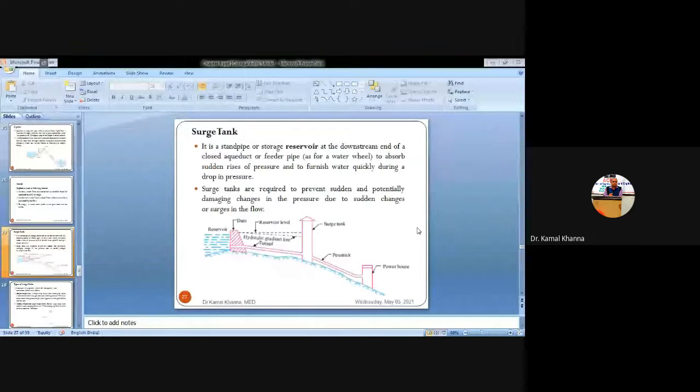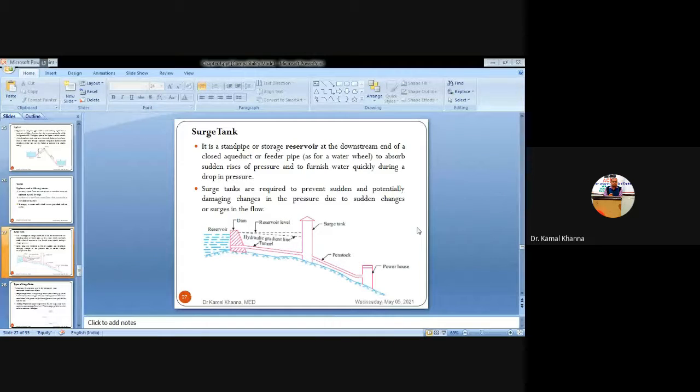तो हमने क्या किया है, यहाँ से पहले जब हमने वाटर को ट्रांसपोर्ट किया है फ्रॉम द रेजरवायर टू द टनल टू द सर्ज टैंक, तो सर्ज टैंक पे क्या हो रहा है, जितना भी हमारा मोमेंटम है, यहाँ पे आके हमारा वो डाई आउट हो रहा है और हम उसको प्रिवेंट कर रहे हैं to sudden rise in the pressure. And as soon as we are preventing the sudden rise in the pressure, it will avoid the sudden knocking or sudden water hammering to the inner surface of the pipe.